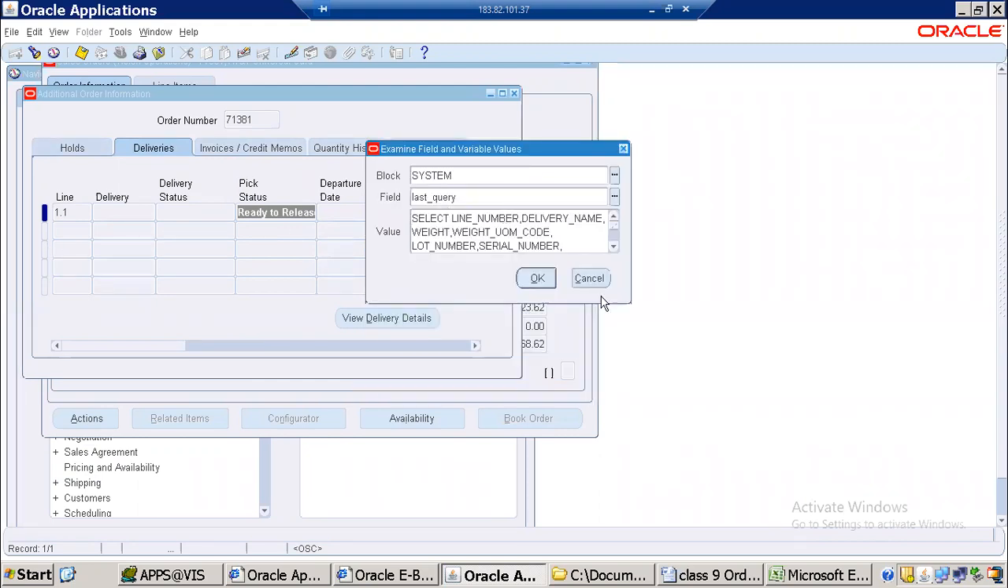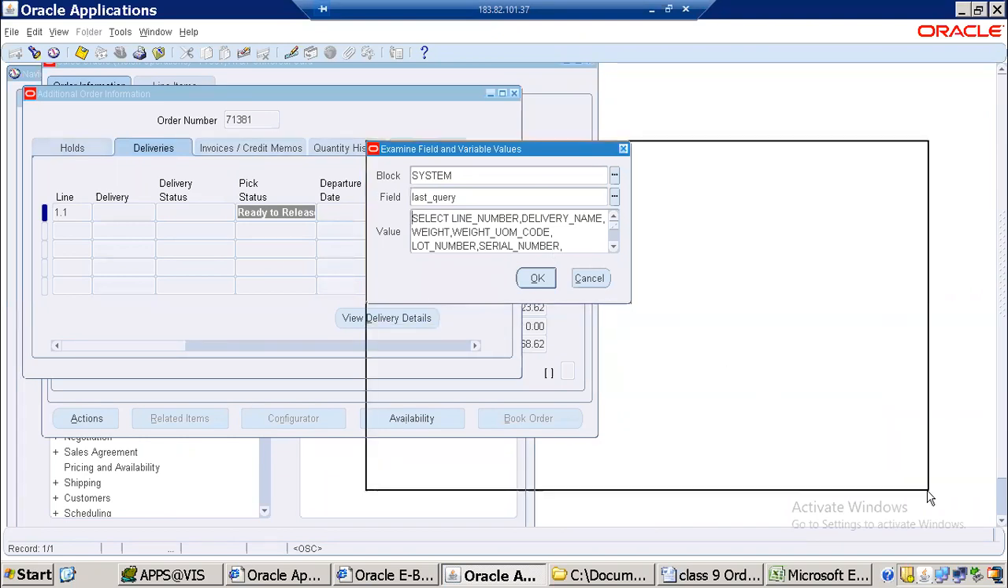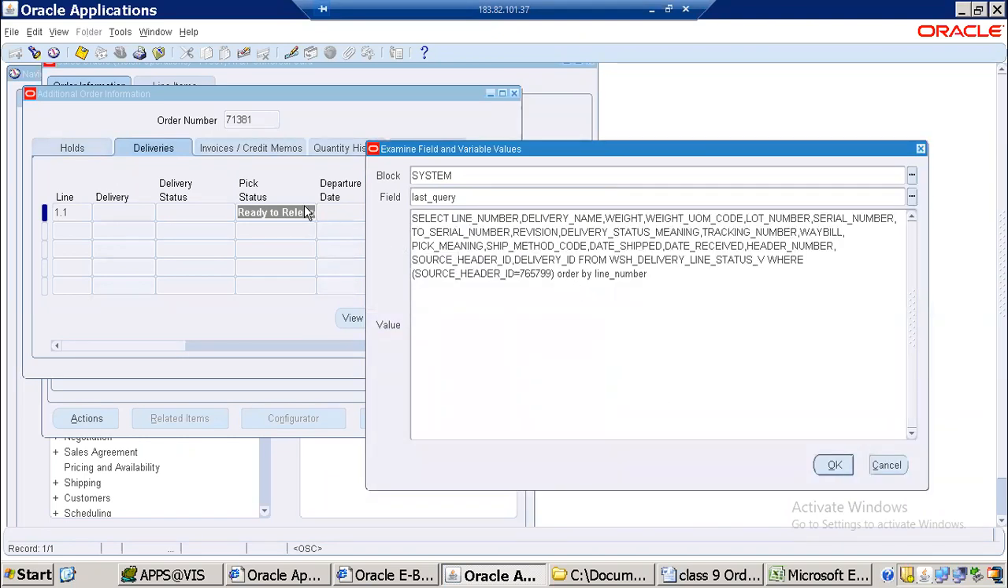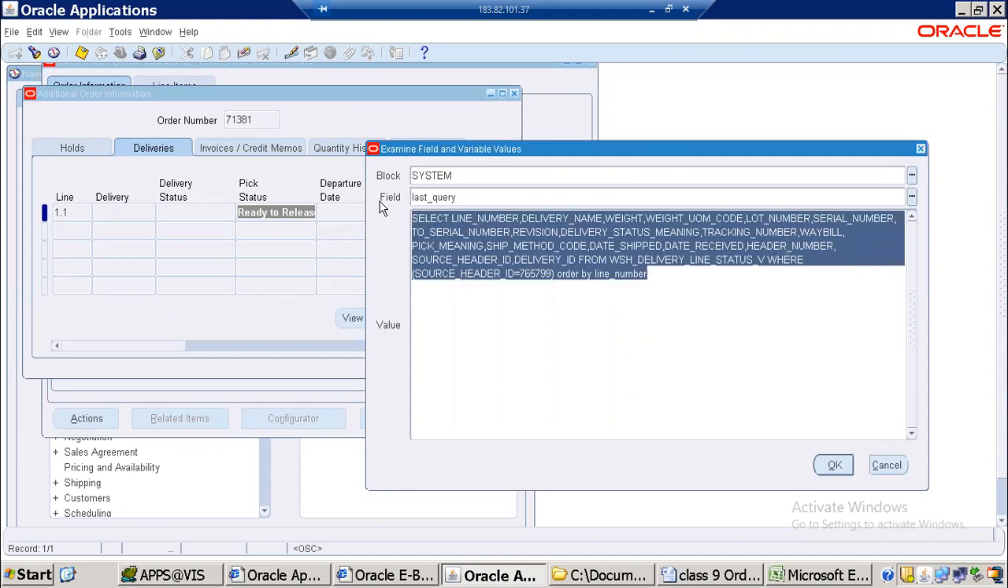System last query. We have to use this method whenever record history does not appear. Take this view in the from class. This is the whole statement. If you have a doubt, copy this query,